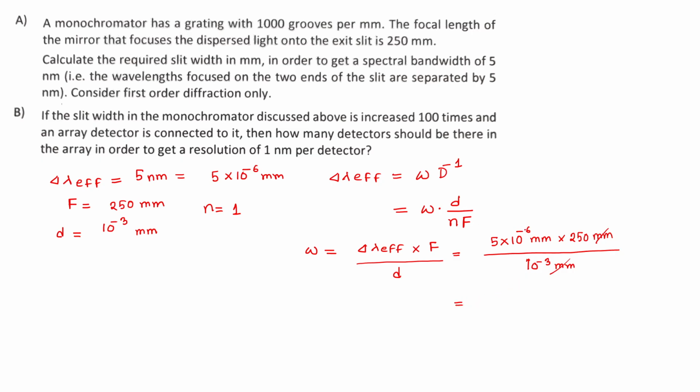So 10 to the minus 3, 10 to the minus 3 and 0. So it will be 1, 2, 5, 0 into 10 to the power minus 3 millimeter, which is 1.25 millimeter. So if we keep the slit width at 1.25 millimeter,